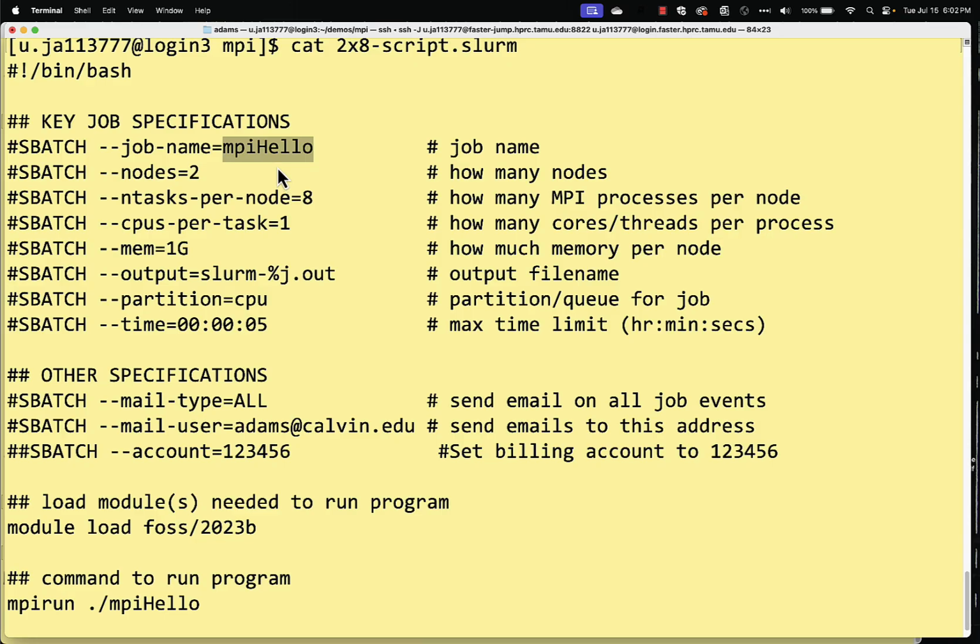This is an MPI program, so I'm requesting 2 nodes. To limit its output to 1 screen's worth, I'm requesting 8 tasks or processes per node. Since this is an MPI job, I specify 1 core or SLURM CPU per task. I specify a minimal amount of memory,